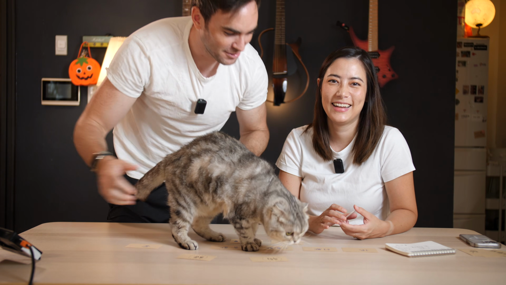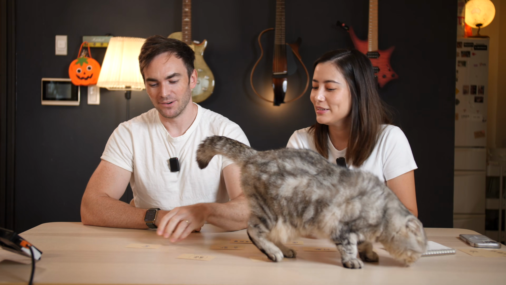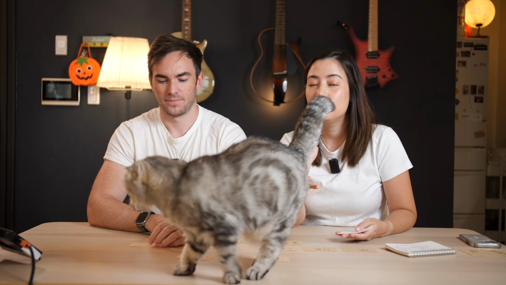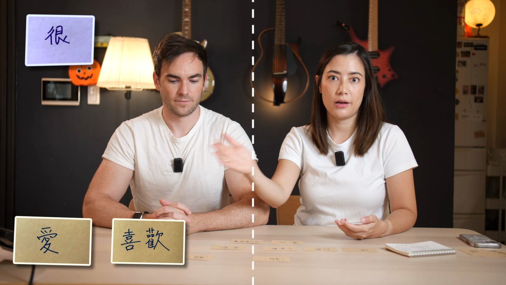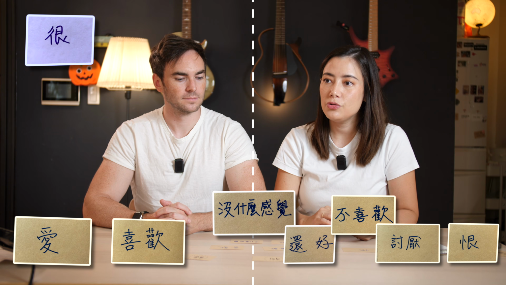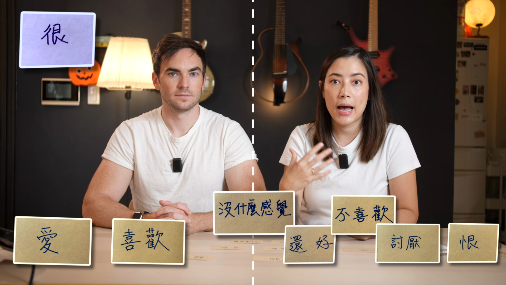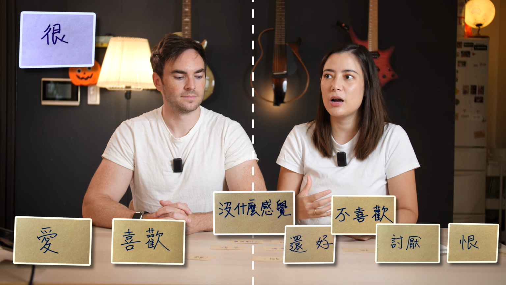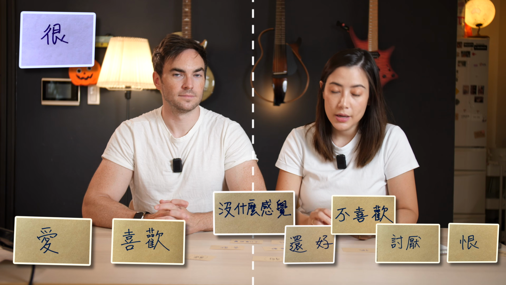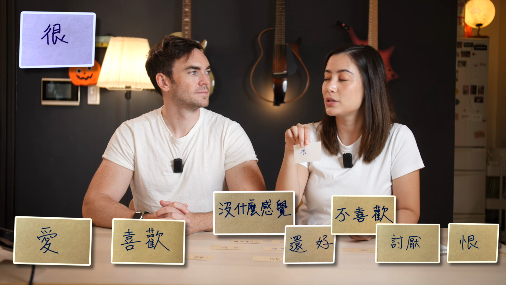Here, 我对猫没什么感觉。No, 我很爱猫。So do you guys hear what Gwilym very naturally used just then? He used the character 很. So I've got 3 characters. So obviously we've got this scale for you. And you might want to, again, add some more nuance, add some more emphasis to how much you dislike, or how much you hate something. And in this instance, Gwilym used 很.